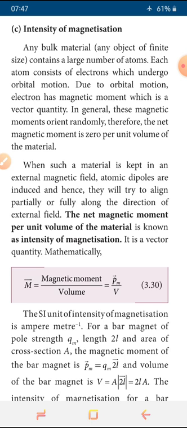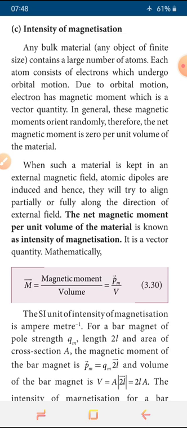Then magnetic permeability. Permeability is like permission. Here the magnetic field is allowed to pass through the magnetic material. So how many lines are allowed to pass per unit area? Or here we are giving the degree of penetration of magnetic lines of force into the magnetic material. This is magnetic permeability, and using that we brought the condition for relative permeability, where we got the equation mu r is equal to mu divided by mu naught.